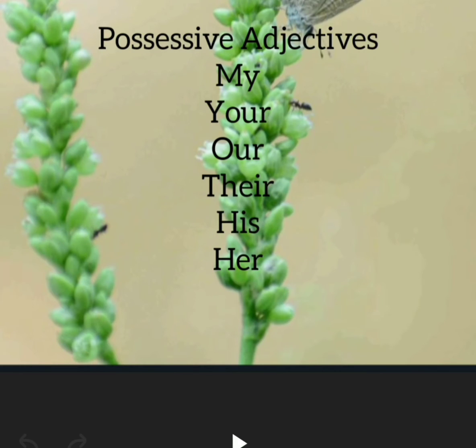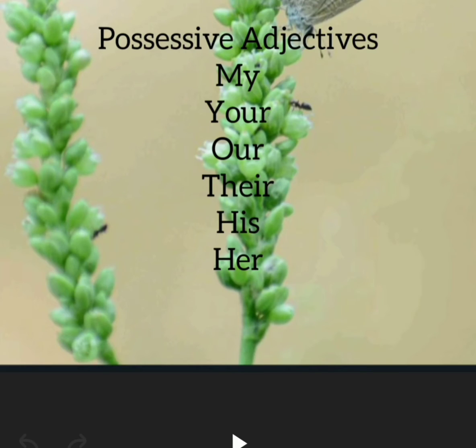The next one is possessive adjectives. These are one of the determiners. By using the words my, your, our, their, his, her, we can define these determiners in a sentence. This is my sister. Is this your pen? These dresses are ours. These are their rooms.